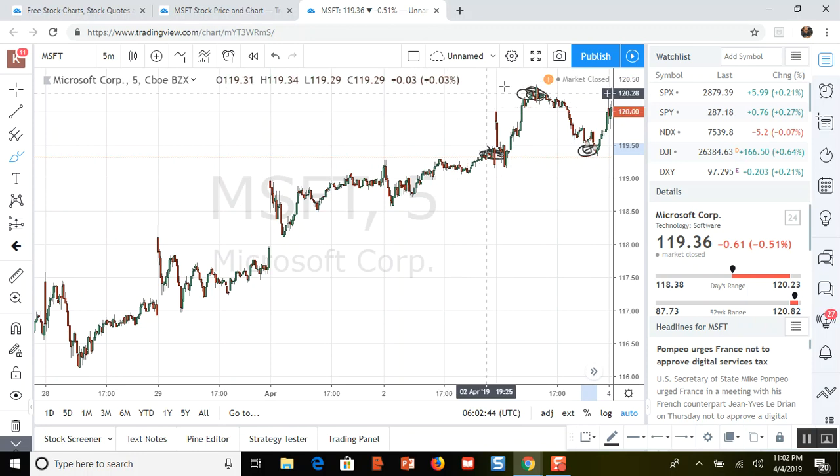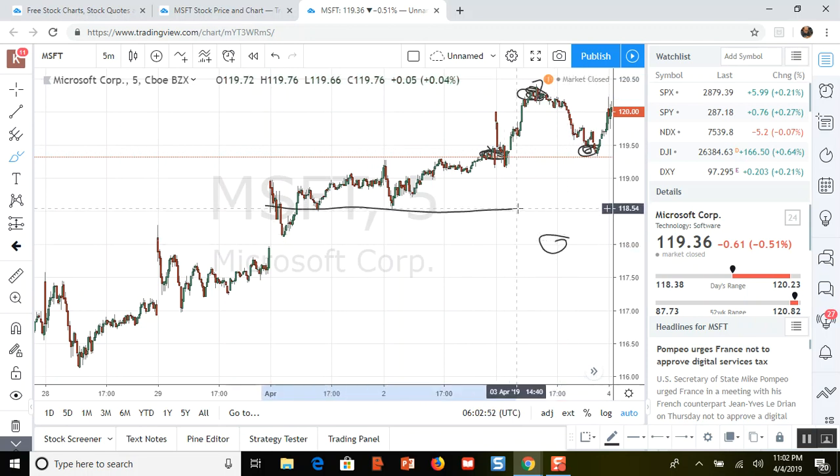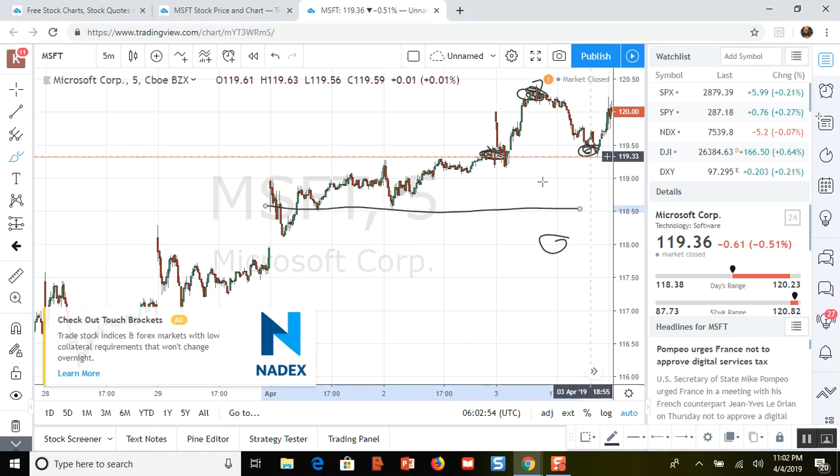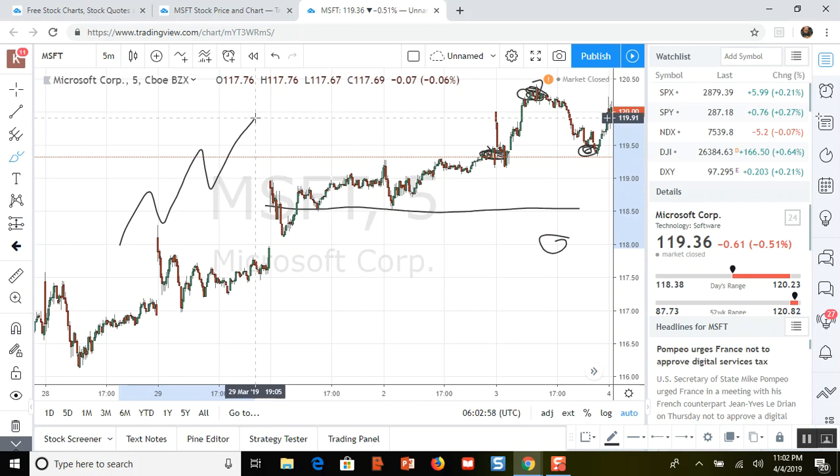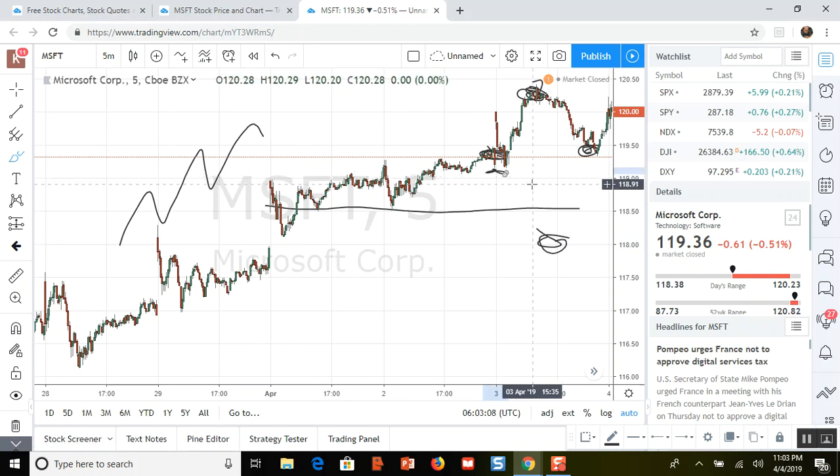And if Microsoft would have gone higher, then I would be selling to open a 118. And again, I picked the 118 because it is well outside of its last range. And if Microsoft is going to keep trending up, then it's a very safe bet to sell these puts. Right now, I could have even sold a 119 and even gotten more money, but I'm very conservative with my